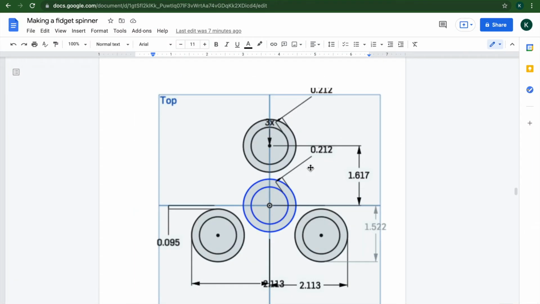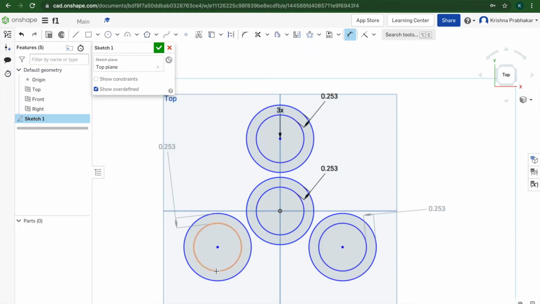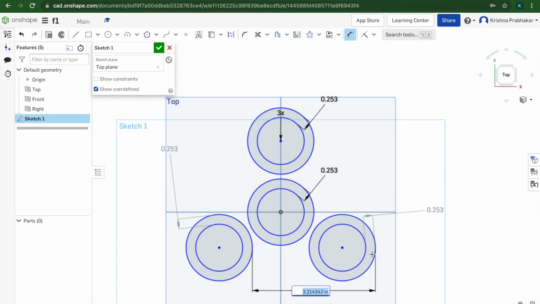Next, I'm going to click here and here, connecting two of these outer rings. Doesn't really matter where on the outer ring you click it. Next, from here to this line,